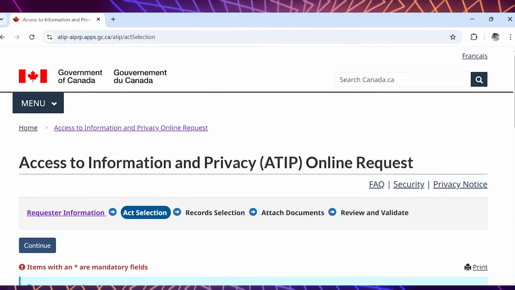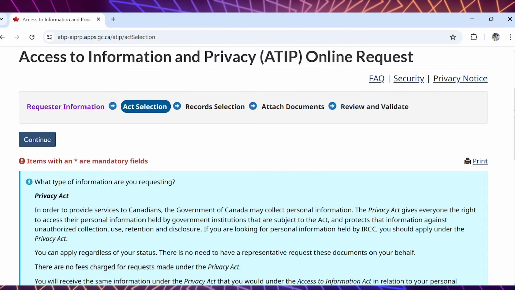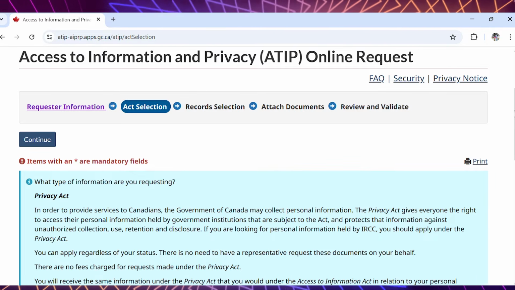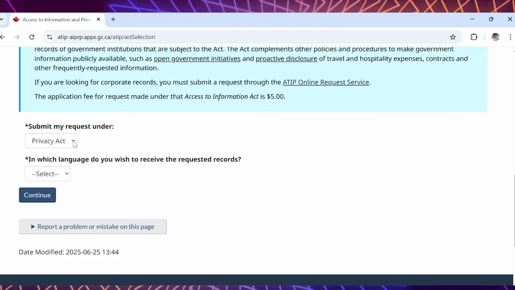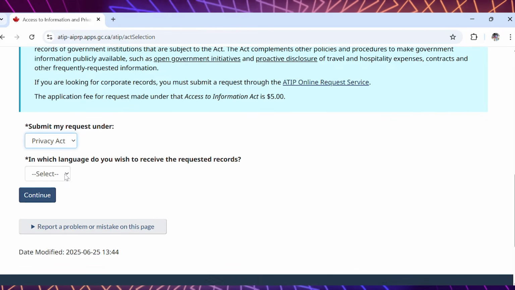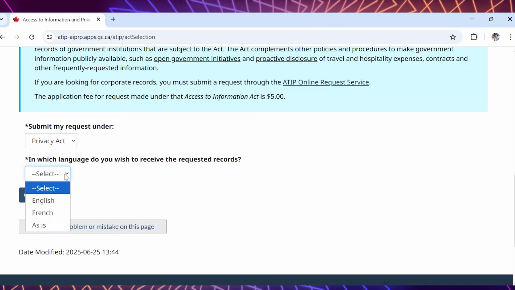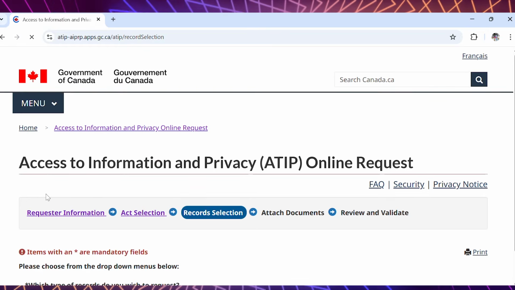Okay. So as you can see at the top there, items with an asterisk are mandatory fields. It simply means what? They are important, you can't skip them. But with the ones without asterisks, as I explained earlier, they are not compulsory. So you scroll down, submit my request under is the Privacy Act, so you just leave it that way. And the language in which you wish to receive the requested records, it's either English or French. So you just choose English. If you speak French, you choose French. You click on continue,